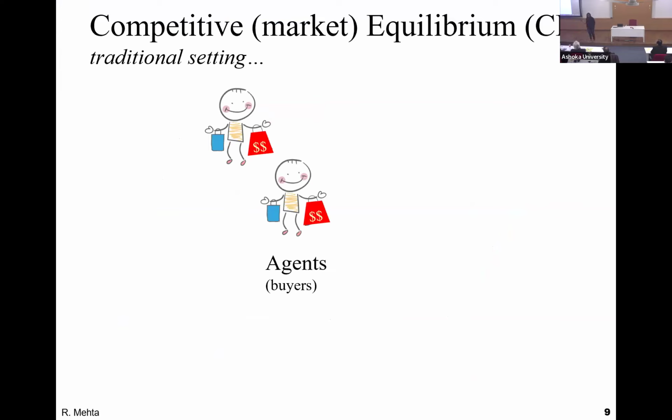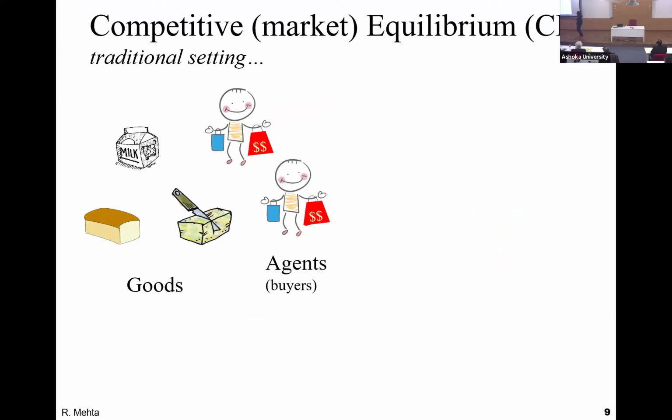There are a bunch of buyers. They have some money or budget to buy stuff. Right? When we go out in the market, we have some budget, and there are a bunch of items on sale. Items are priced at some price. Depending on the price and how much money they have, they will decide what to buy. Right? Once every agent decides what to buy, let's call that their optimal bundle. This is the bundle that they buy that gives them maximum happiness given how much money they have.